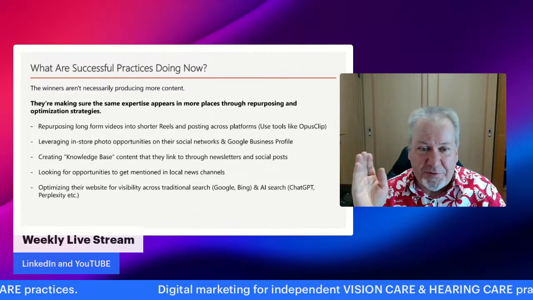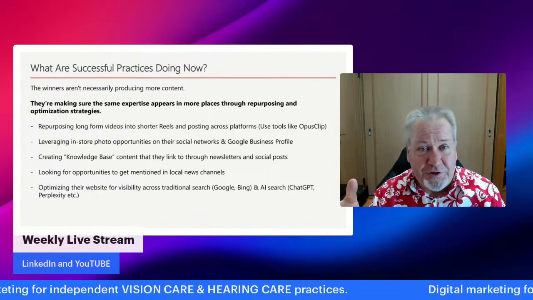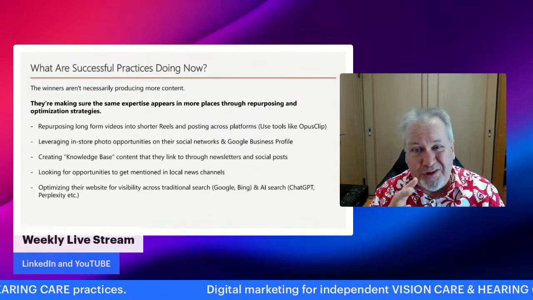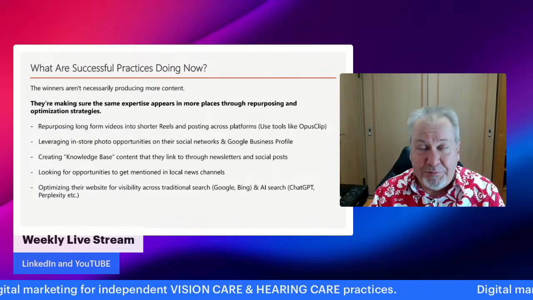To give you some examples, it might include creating a long form video and then chopping that video into shorter reels. Short form video is a really big thing, and posting that across platforms.